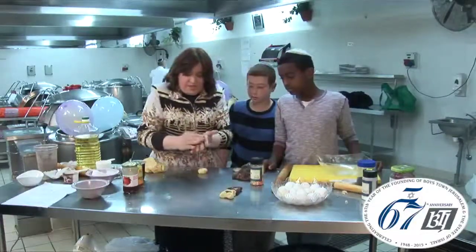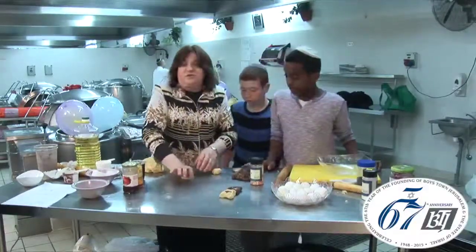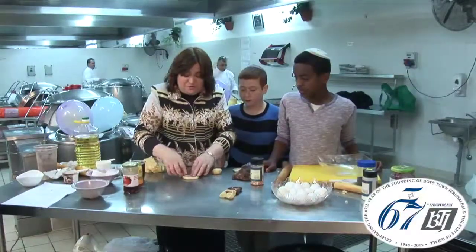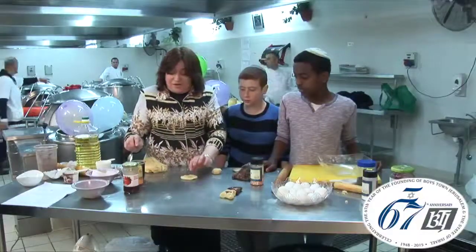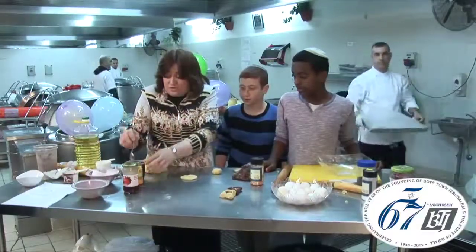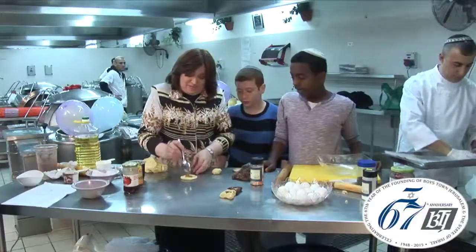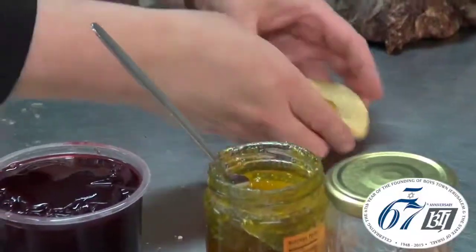right? And I have one daughter that very much enjoys baking. Actually, all my children enjoy baking, but I have one who's very, very exacting. She will take a cookie cutter to them, and you will have exactly perfect hamantash, and they will be exact. But in case you're not the type that likes measuring, you don't have to do it that way. This one will be orange,